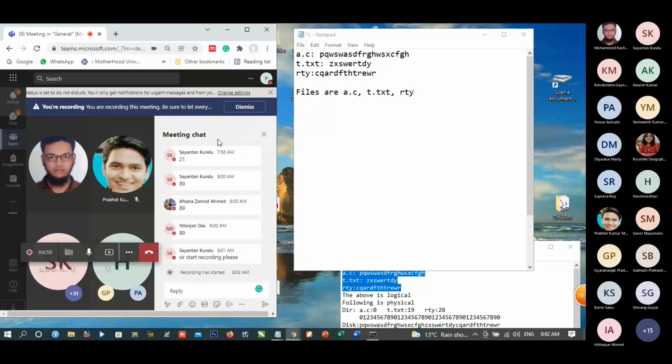So what we do, we store some information related with the files in the directory, and actual file contents are stored in disk. Okay, so we shall see to it.